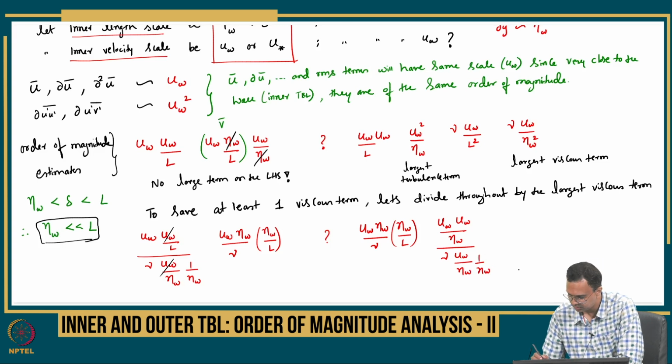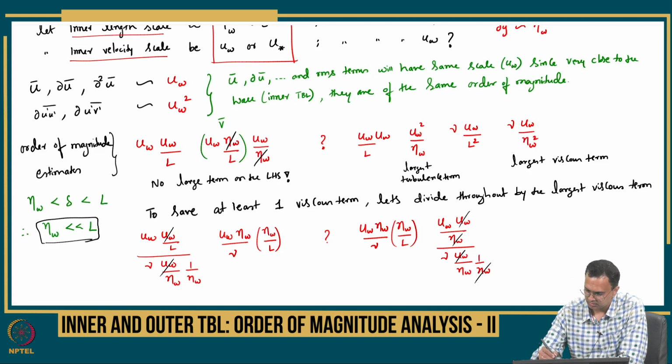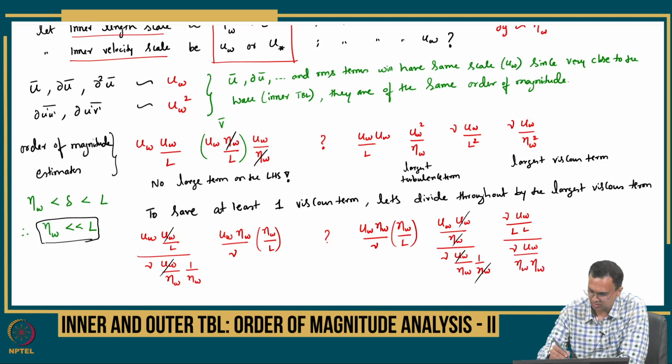Okay, so here this goes away, this goes away. And then the viscous term, which is nu UW over nu UW by eta w. So I would get,